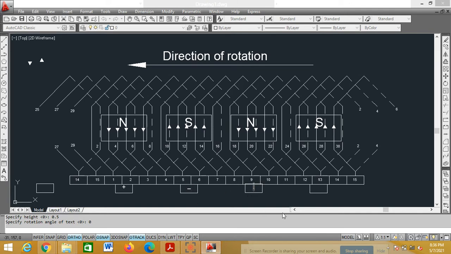Negative, positive. Again I'll have here one positive and one negative.